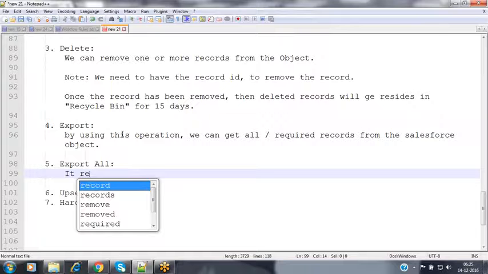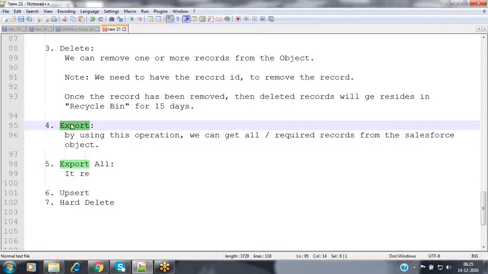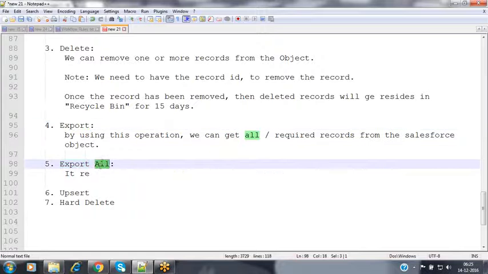Now, if I use the export operation, it will purely return only those records which are currently available inside that object, nothing but undeleted records. Sometimes I need the deleted records also along with the undeleted. At that time, we have to use export all.